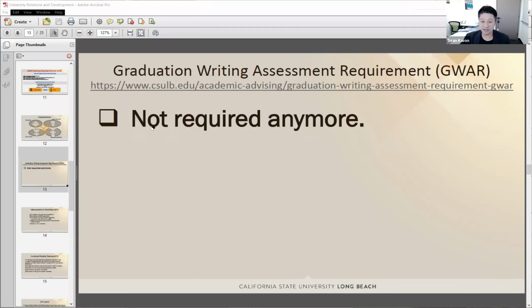So from this semester on, student doesn't need to take that GWAR exam, testing exam, or student doesn't need to take that related classes, because your ATC, advanced candidacy approval, or your graduation approval will not require this GWAR. So that is just sort of good news to reduce the load of our students.